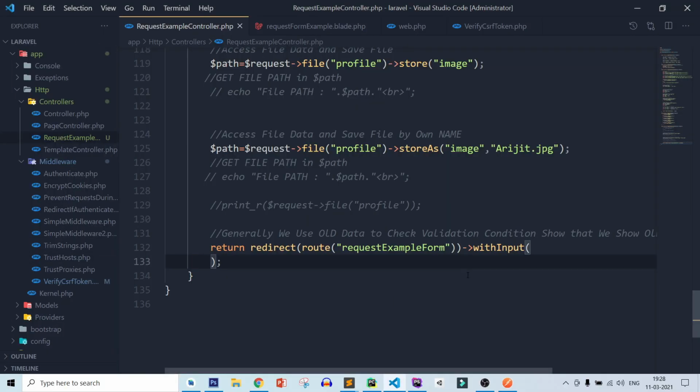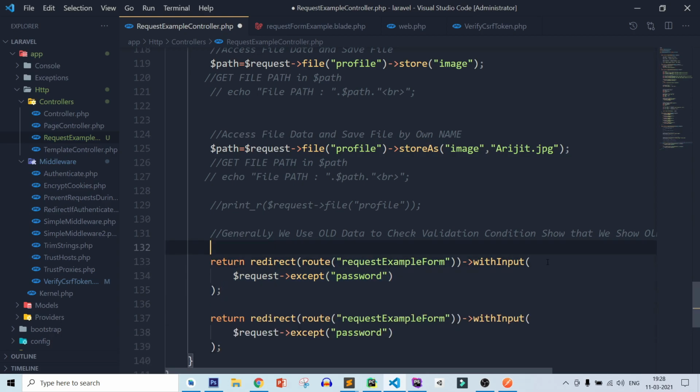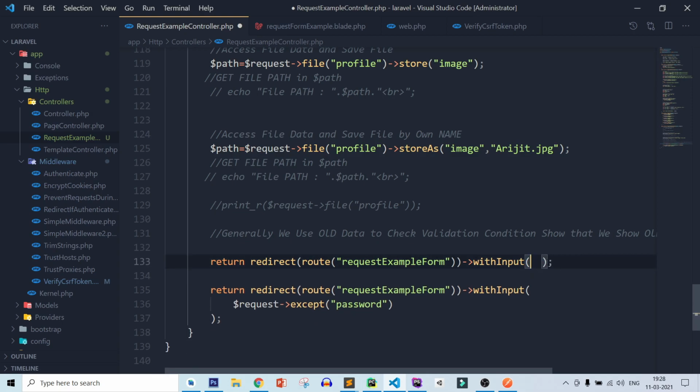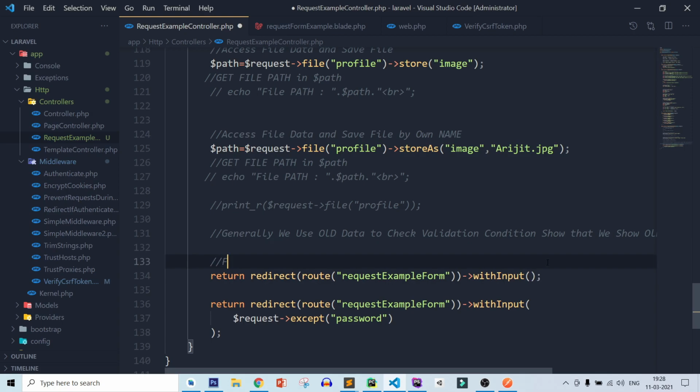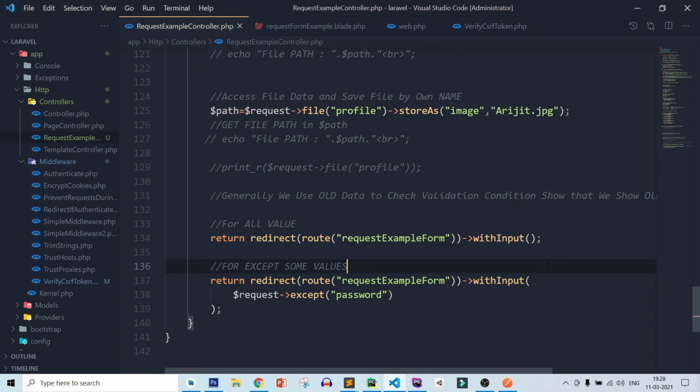So let's add this again. For all values, and for except some values. Now save this file.